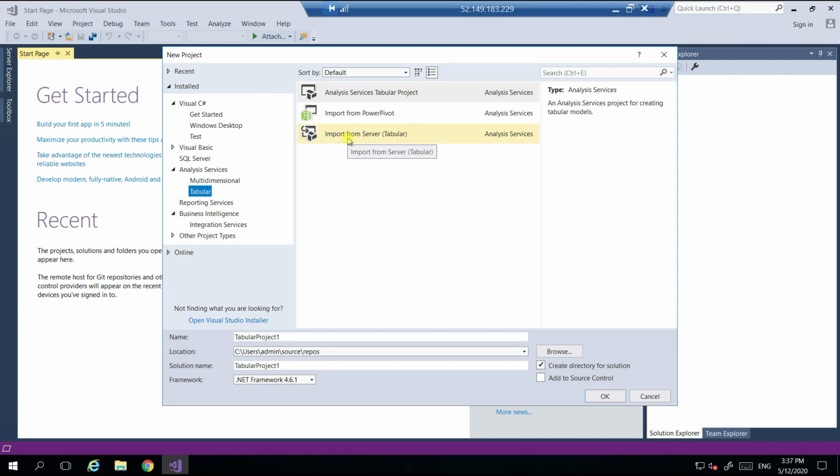So that's all I have for now. I think you got an idea of how to install Visual Studio and also how to install SSDT on your system. So try this. Make sure you have both SQL Server and Visual Studio plus SSDT together in your system. Then we can start SSAS in further sessions. So yeah, that's all I have.